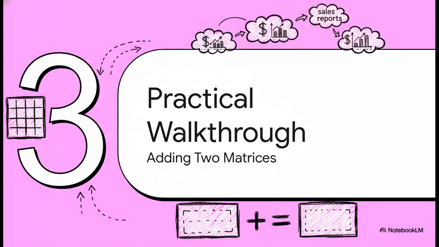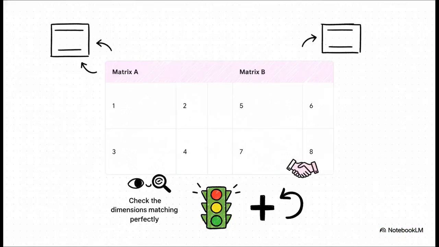This is precisely what you would do to combine those two store sales reports we talked about at the beginning. Okay, here we are. We have matrix A and matrix B. Now, what is the very first thing we do every single time? That's right, we check the dimensions. So let's look at matrix A. It has 2 rows and 2 columns, so it's a 2x2. Now look at matrix B. Also 2 rows, 2 columns. Another 2x2. Perfect. The dimensions match, the golden rule is satisfied, we have the green light to go ahead and